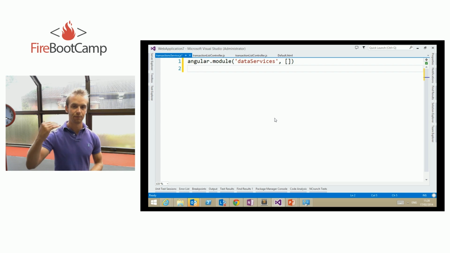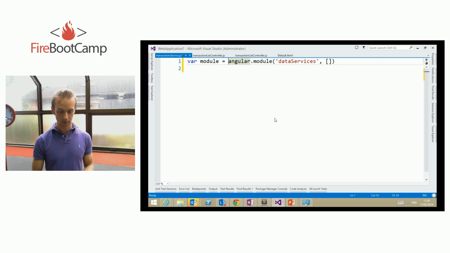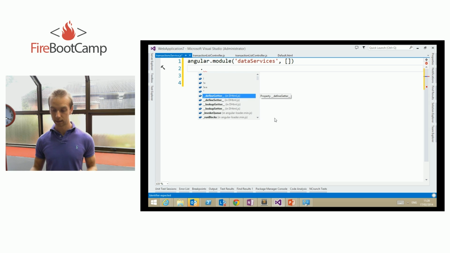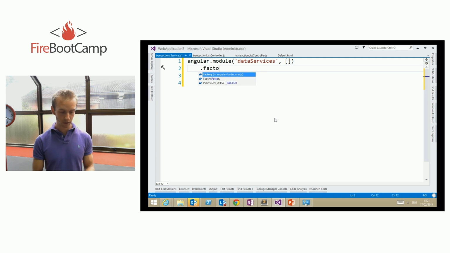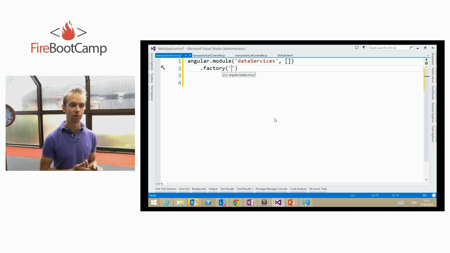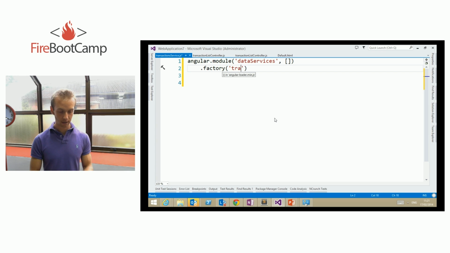Off that module, we then have this fluent interface. So I could go and say, like, var module equals, so we've defined an empty module and now put stuff on the module. But with our fluent interface, I can just put another dot and I can just keep calling stuff. What I'm going to do on it is I'm going to define a factory. So this module defines a factory. Just like in the real world, factories build things. So the transaction service,